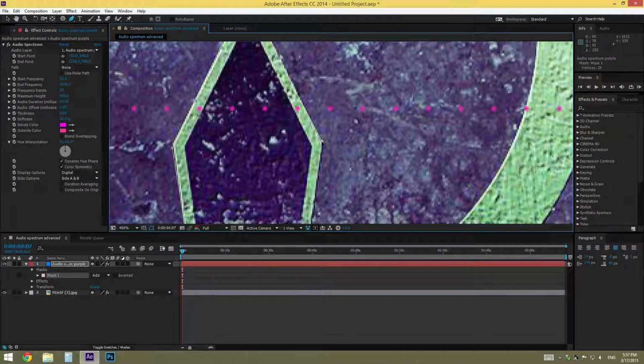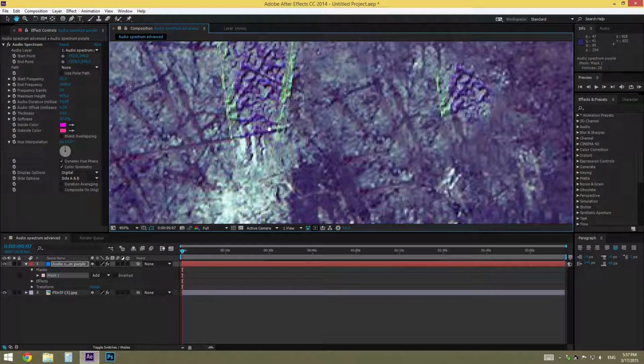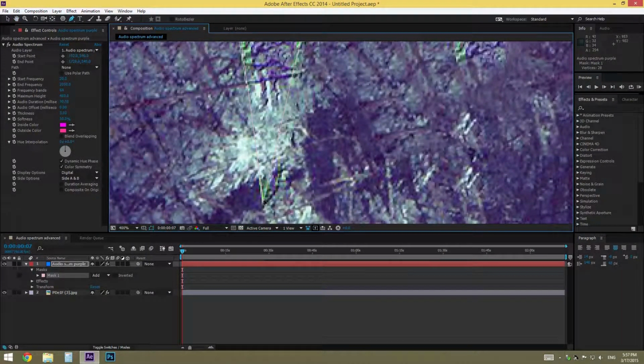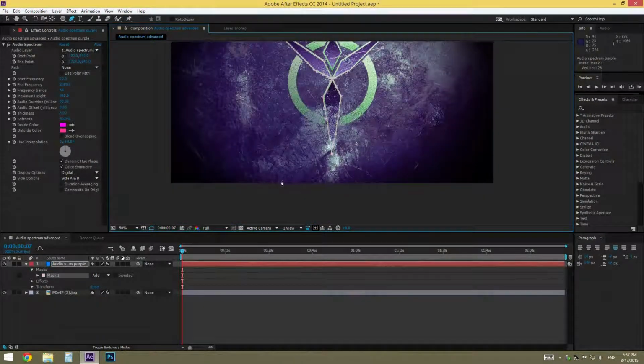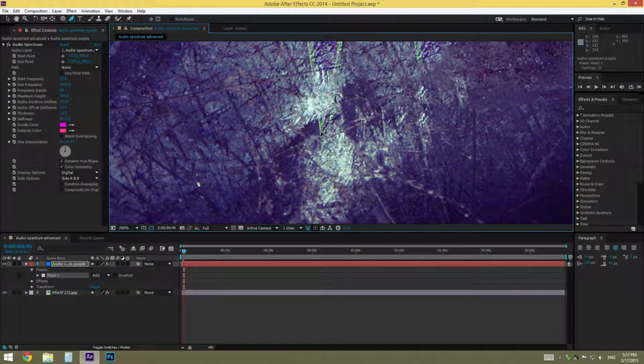We could have kept it at a full since we're actually not doing any movement, and it won't affect the render process. This is just a tip I'm suggesting. When you're working with big compositions, keep it at a quarter or a third or half, if you don't have like a strong PC or something to hold it with. So here I'm just adjusting back the problems that we've skipped,